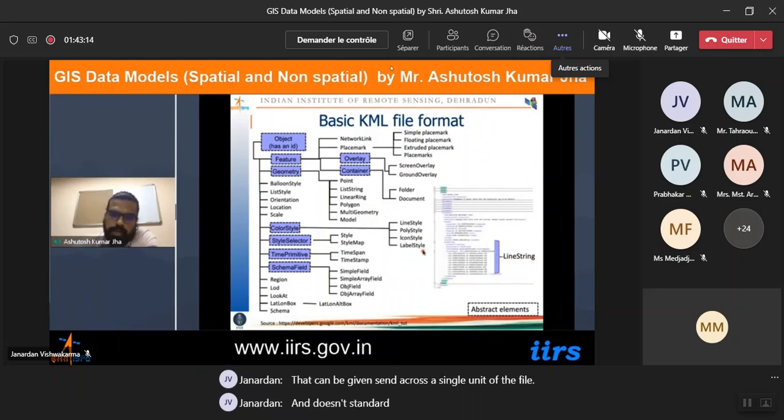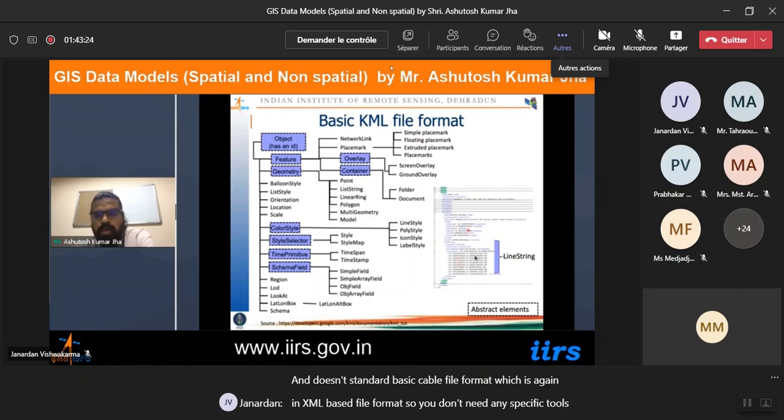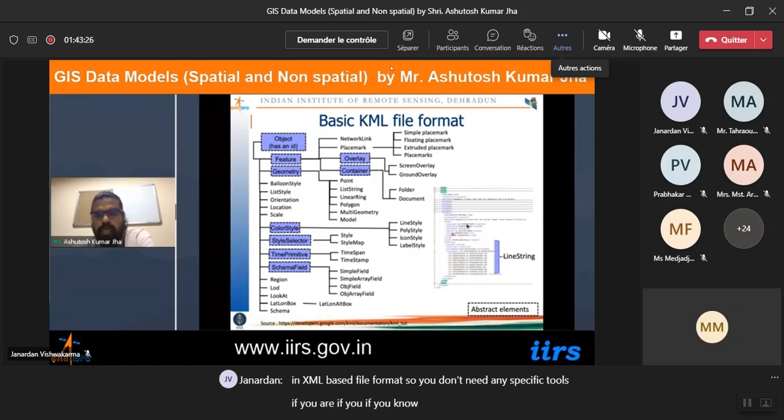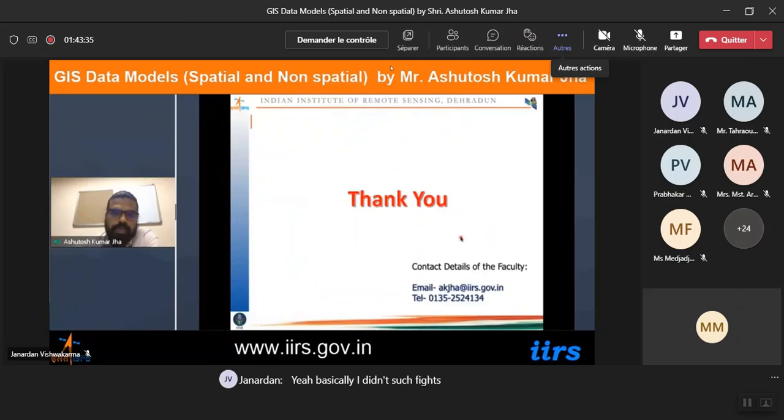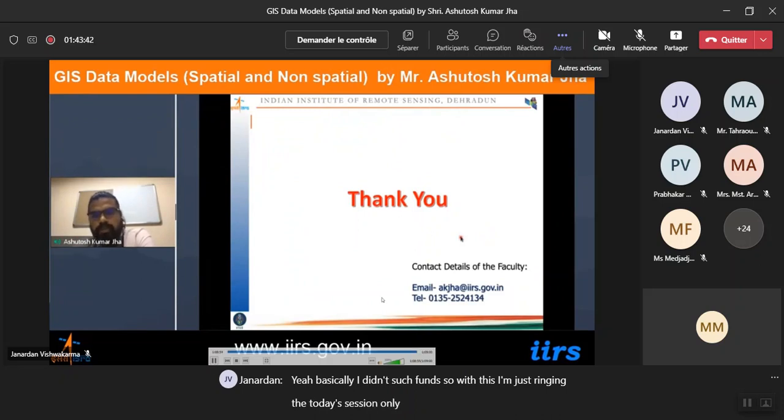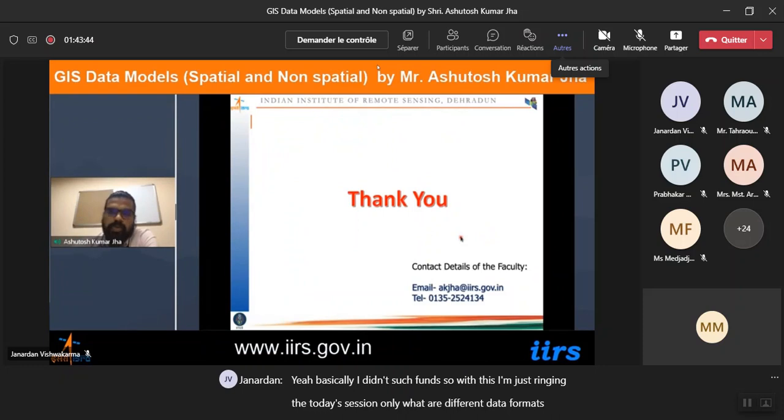There's also the standard KML file format, which is again an XML-based file format. So you don't need any specific tools. If you know the structure of the KML format, you can use any kind of editor to edit such files. So with this, I'm ending today's session on the different GIS data formats. If you have any questions, then I'll just